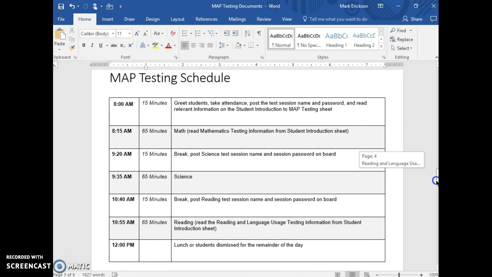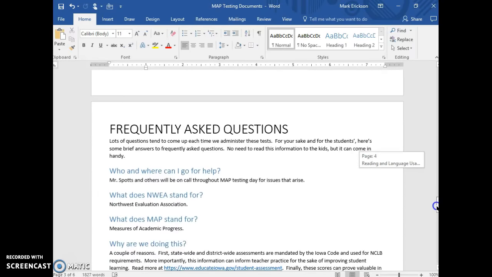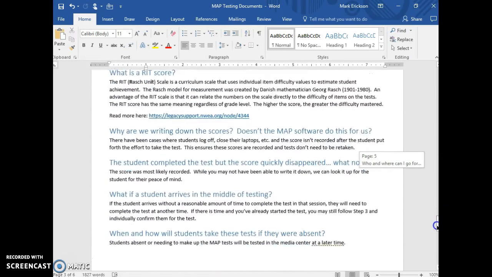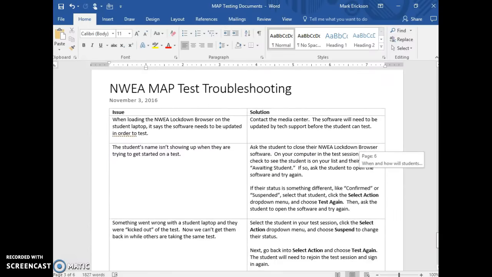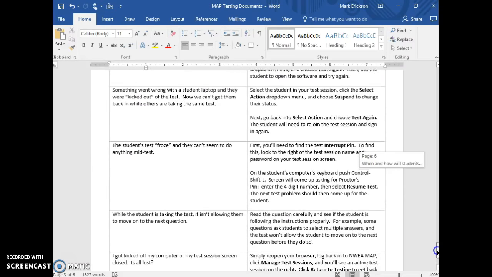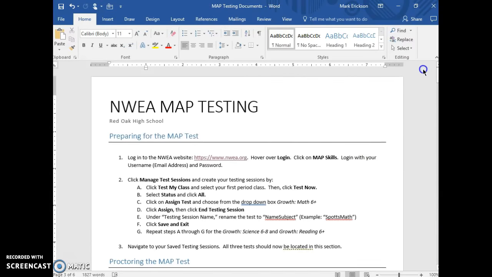There's the map testing schedule, FAQ sheet that you can read through, and then a troubleshooting sheet that you can read through as well. So to begin with, I do want to show you how to set up the tests. You'll click on